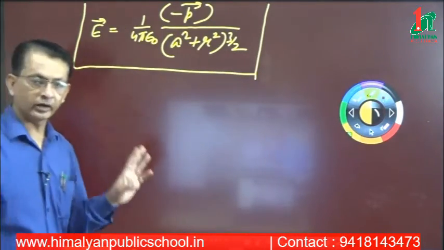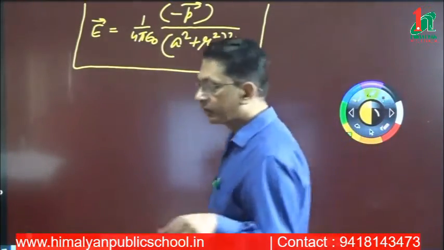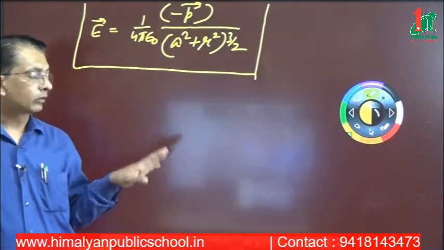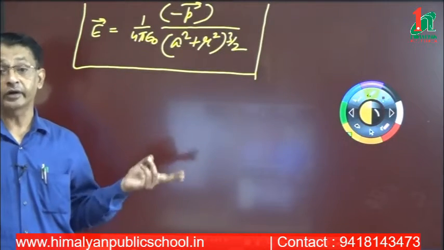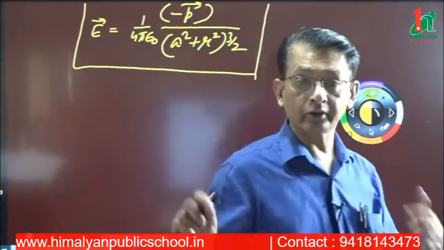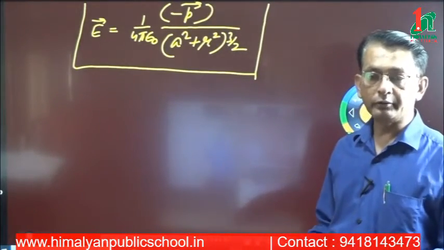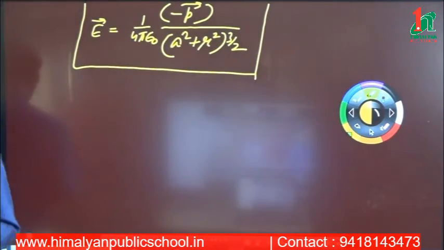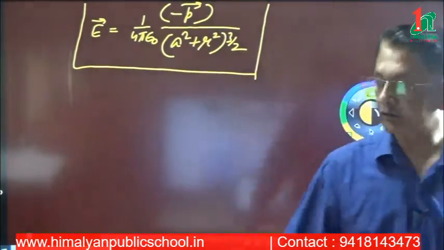These two expressions, one expression we did yesterday, and I uploaded that video on YouTube, which is open for all. You can see that from there also. So these two expressions are very important. One is the electric field intensity due to an electric dipole on its axial line, and this is the expression for the electric field intensity on the equatorial line of the electric dipole. Both expressions are simple. If you revise these 2 or 3 times, they are very simple. Now write down the next question.